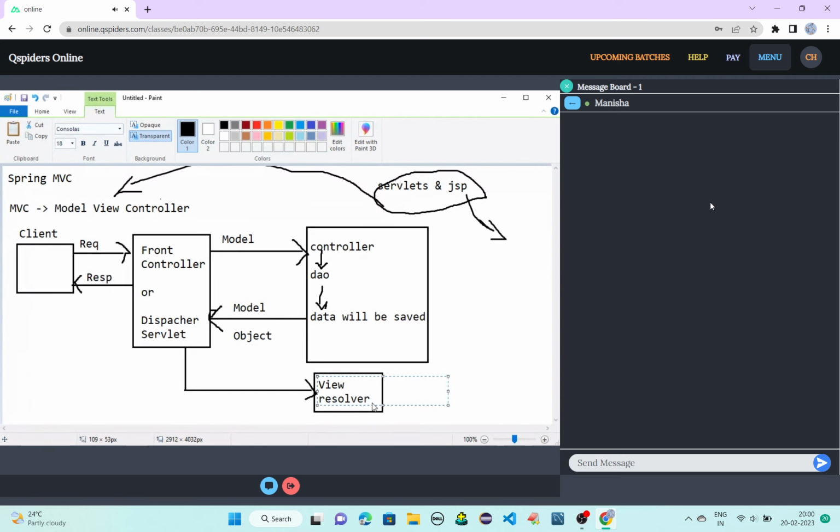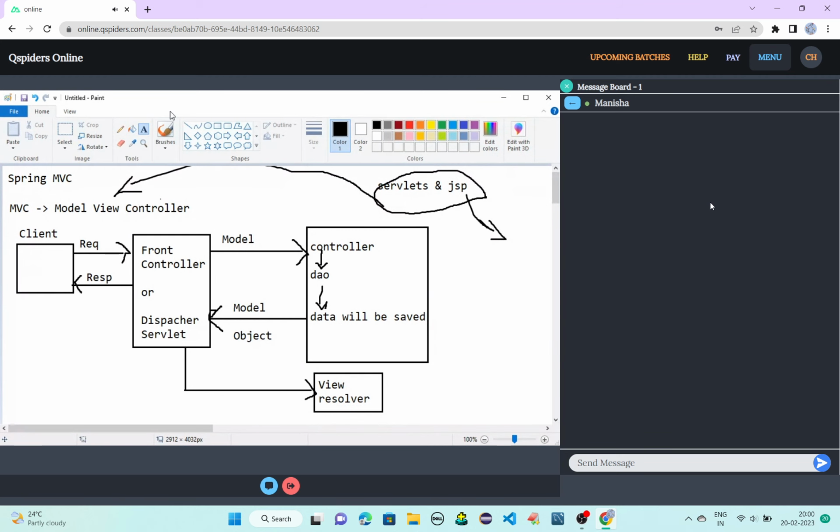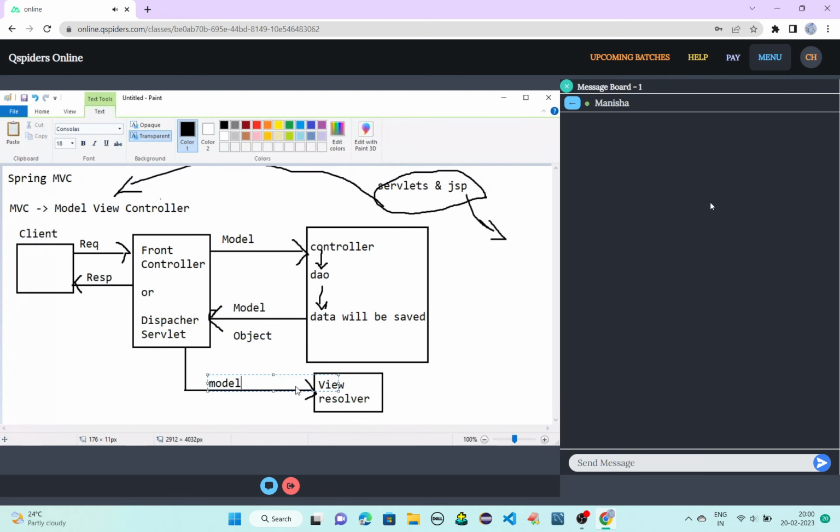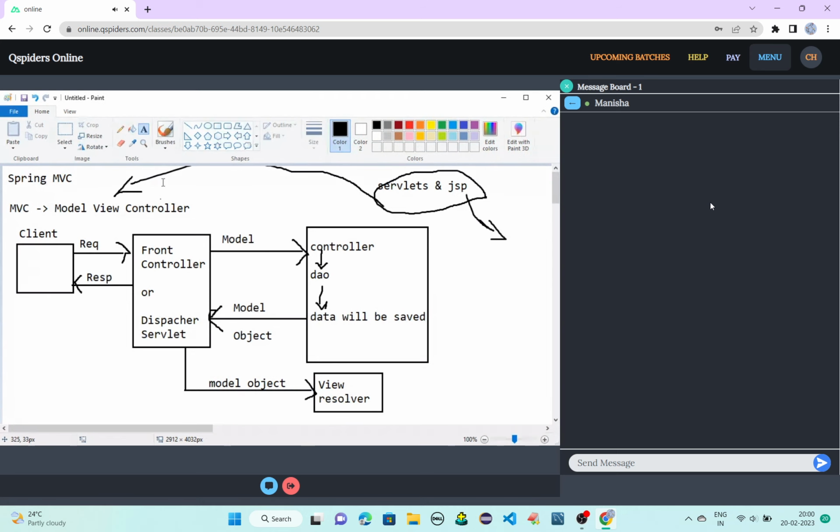Now what this view resolver will do, it will take the model object and it will return the view and model object. It will return view and model object, that is nothing but it will return the object in form of browser understandable language.